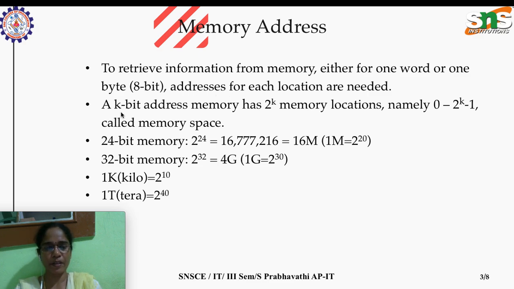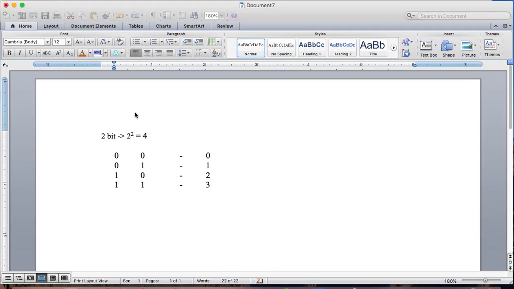So for addressing the memory, it needs k bits, okay. If the memory has a k-bit address, then it has the capacity of 2 power k memory locations. I'll take a simple example to explain this concept. What 2 power k is and what k stands for might be a little confusing. Instead of k, say we have 2: if a memory has a 2-bit address, it has the possibility of 4 combinations. Here k is replaced by 2, so 2 power 2 is nothing but 4.